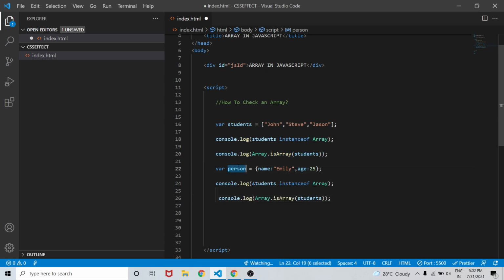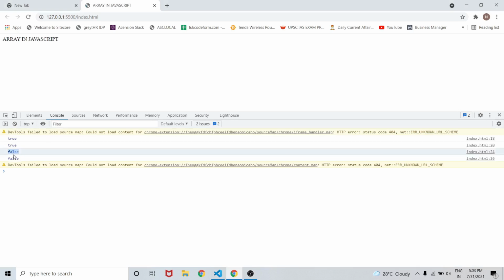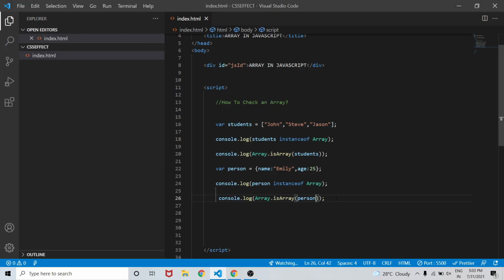Now as you can see it is false and false, because our person is an object, not an array. So person instanceof Array is not true.